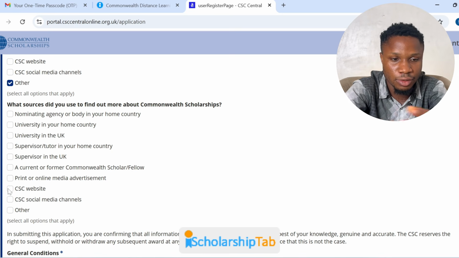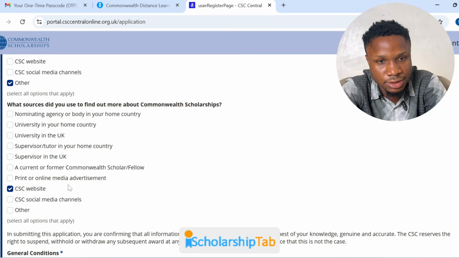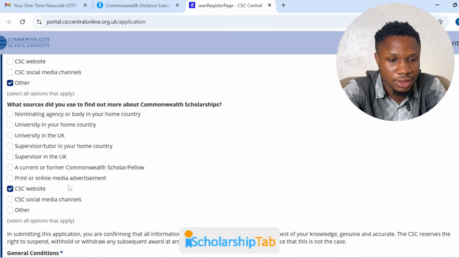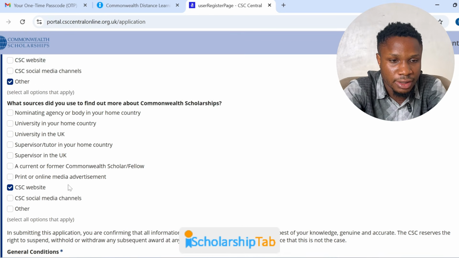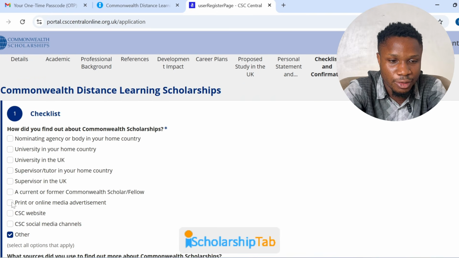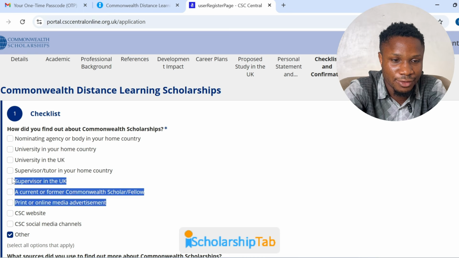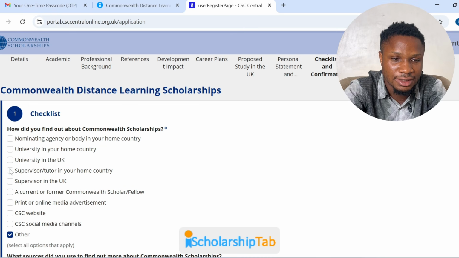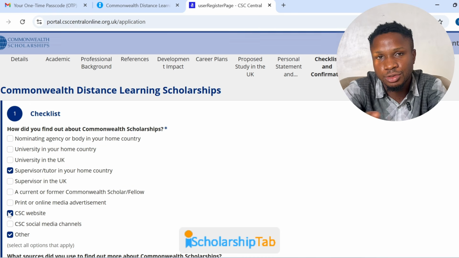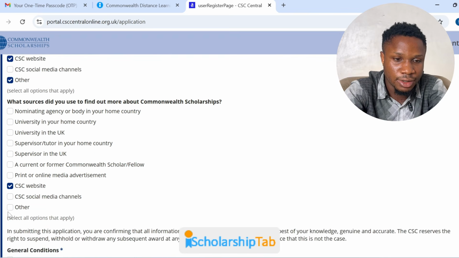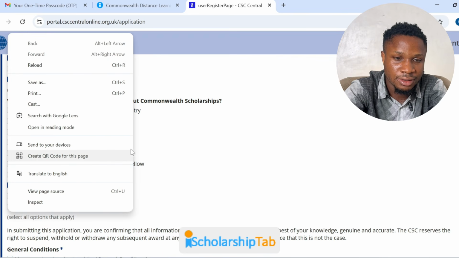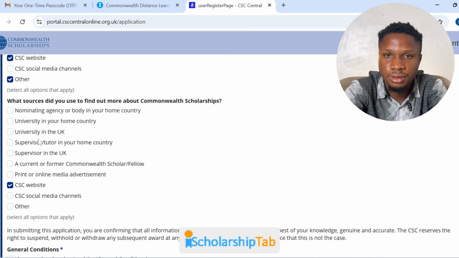So let's say I found out more about the Commonwealth scholarship on the CSC website. You can also select more than one option here. You can select 3 or 4 if you want, if it applies to you. Like you may have seen it on the Commonwealth scholarship website and seen someone else too, so you can let them know as well. You can select more than one source here. So